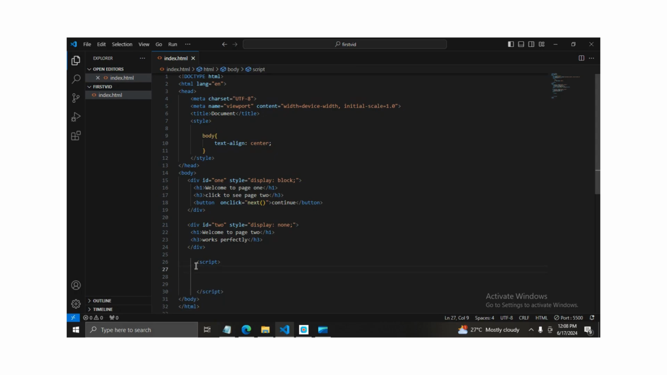But right now, on the script, what we'll do is to call a function. So we say function next. This function is going to tell us what should happen by the time we click this button on our HTML page, right? So function next says, first of all, we create